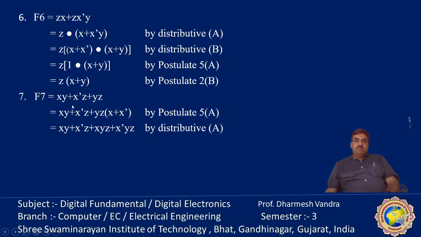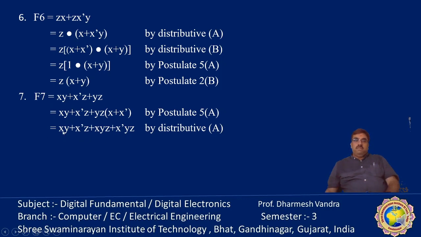Now see here, what a beauty: the third function can be combined with the first one, and the last function can be combined with the second one. The third term is expanded with the help of x dash in such a way that it creates two literals which can be easily merged with the first and second. So sometimes, to simplify it, we need to add some additional functionality, like here we add x or x dash.